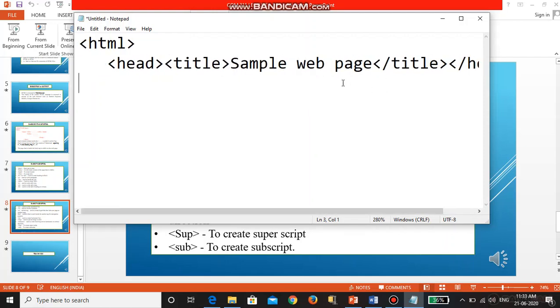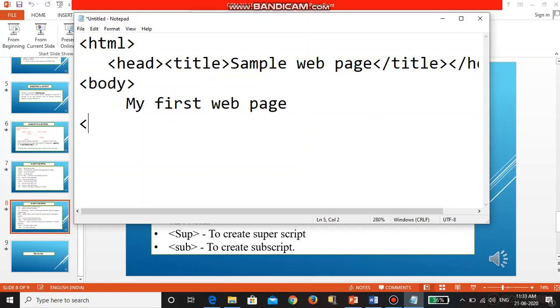First you write HTML, which is the starting tag. After that I am writing the body of the page, the body tag. For example, I am writing my first page like this.